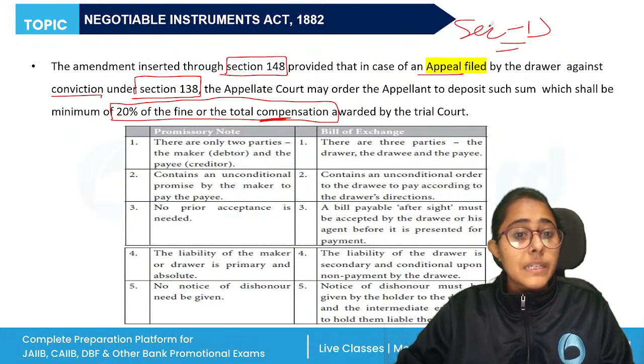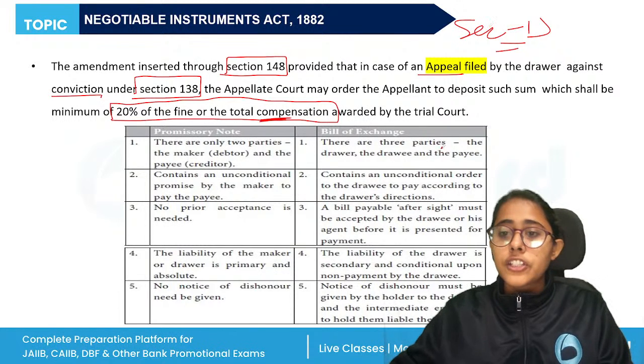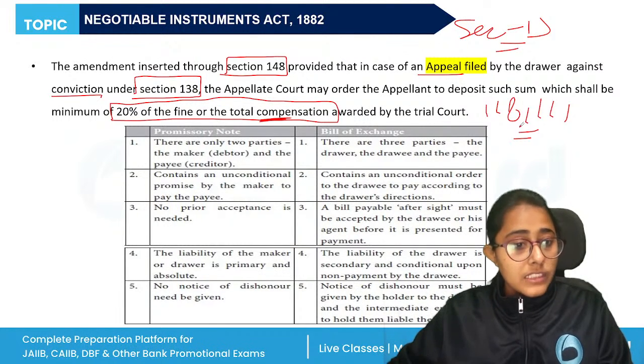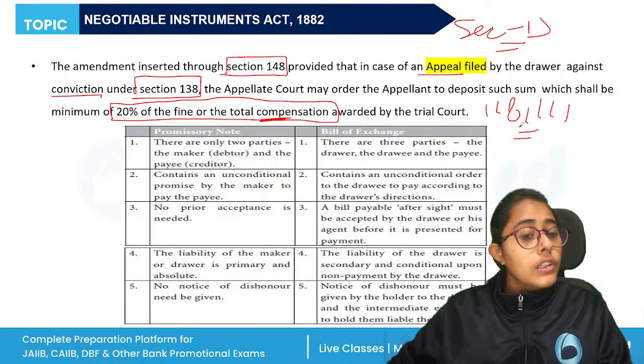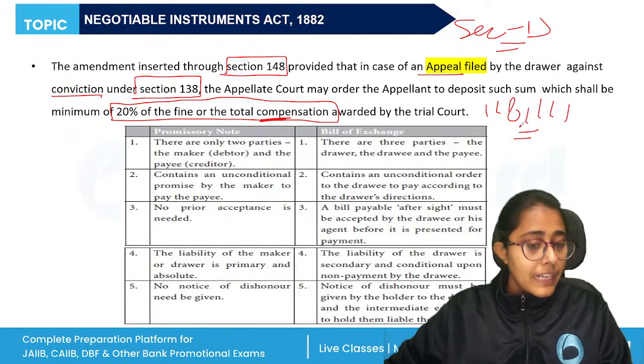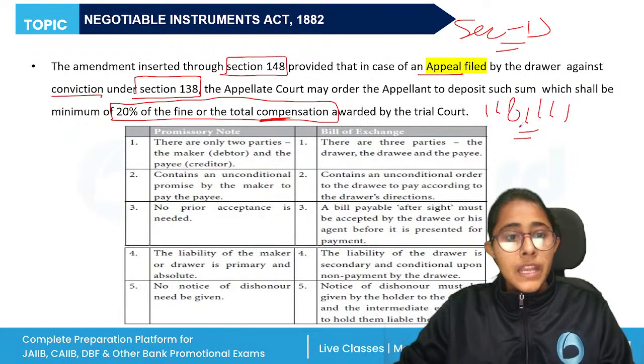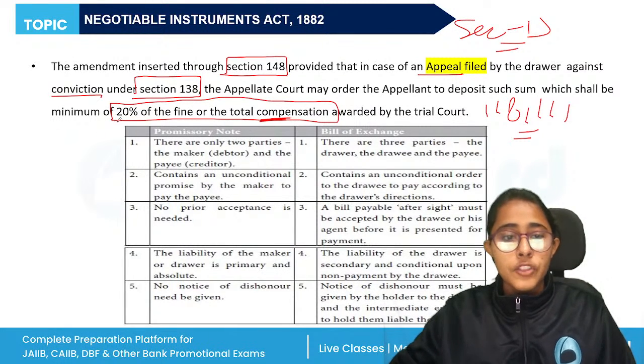So there are presumptions as to negotiable instruments, which are given in sections 118 and 119. The presumptions of consideration, as to the date, as to the time of acceptance, the time of transfer, that the holder is a holder in due course, right? We will see what is the meaning of holder in due course. These are the things. Now, when we talk about these instruments, I have put them in a chart wherein